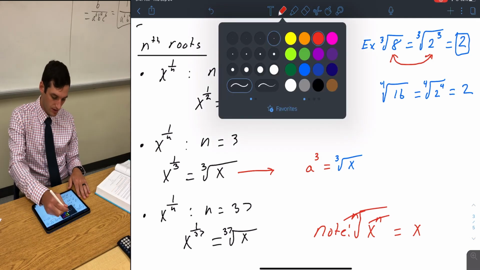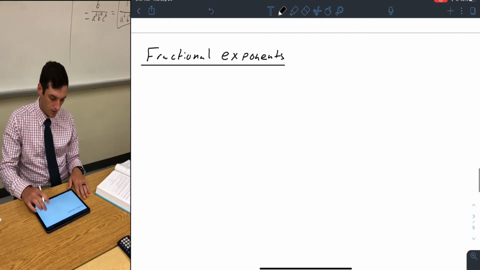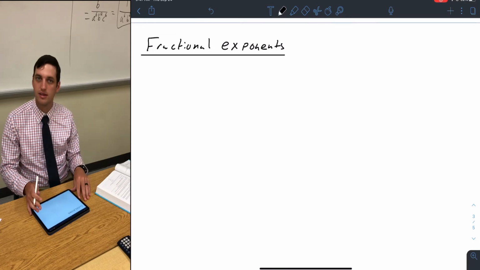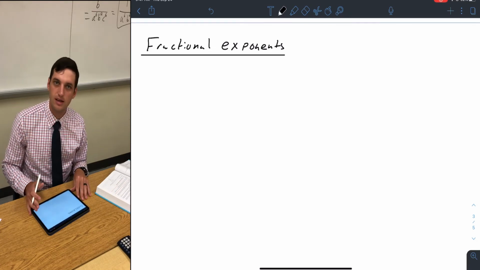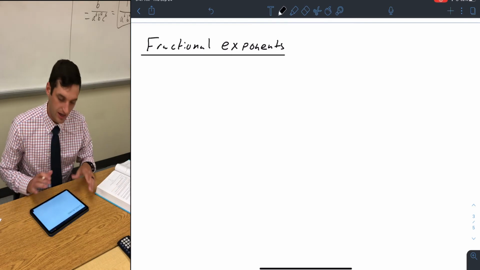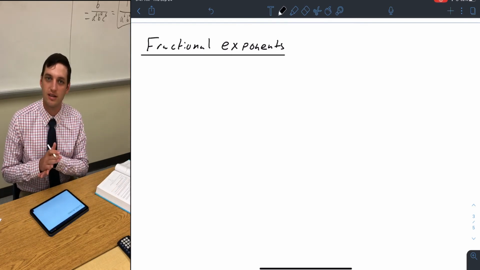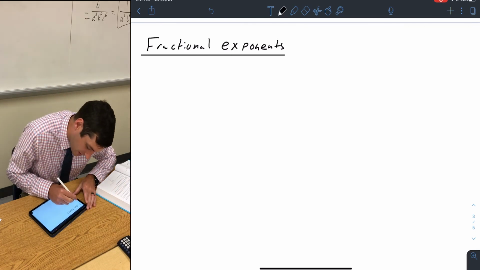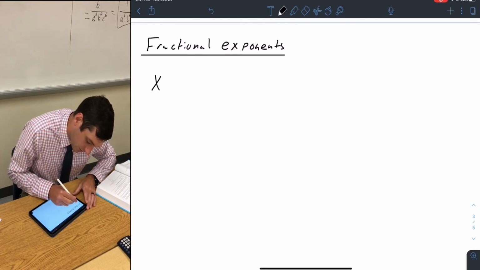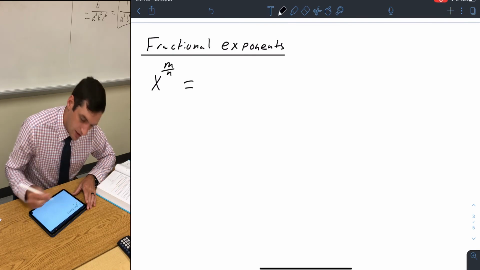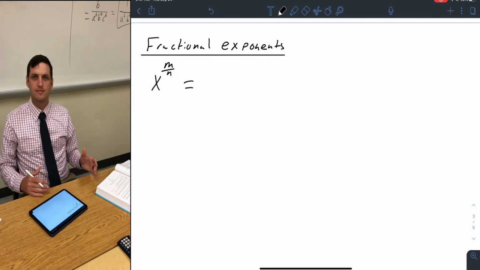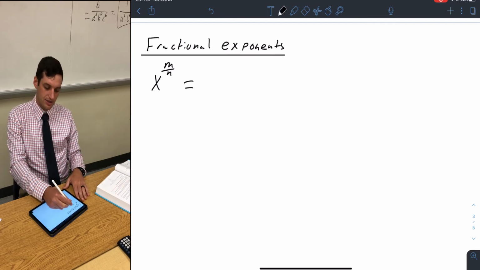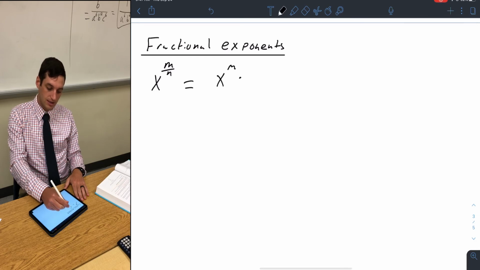All right, so we got one more property to go over, and then after that, I'm going to leave you with a little note. Then I'm going to leave you with a question, and you'll have to answer that in your homework. So fractional exponents. Let's say that I have x to the m over n. All right, so we've just learned that x to the m over n, this would be the same as x to the mth power times,